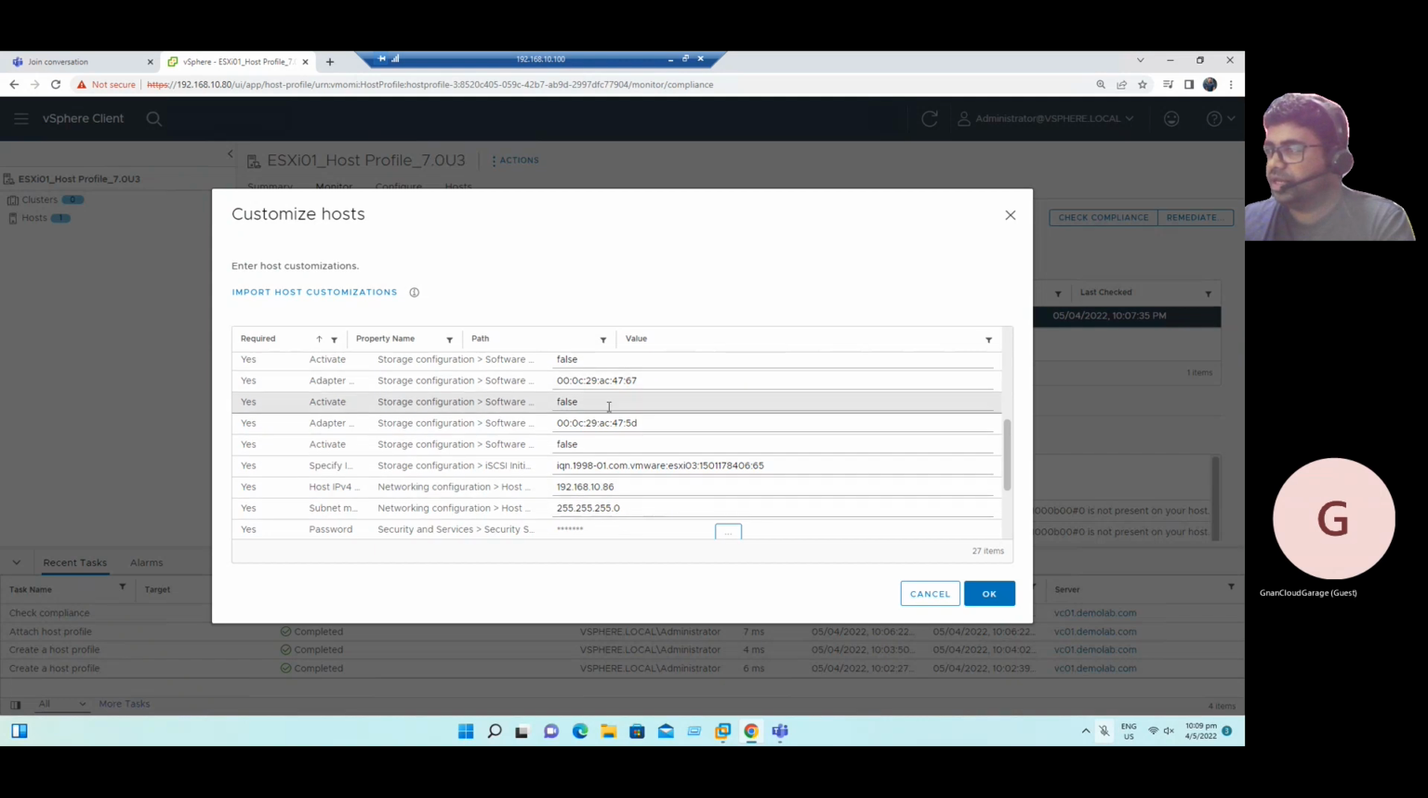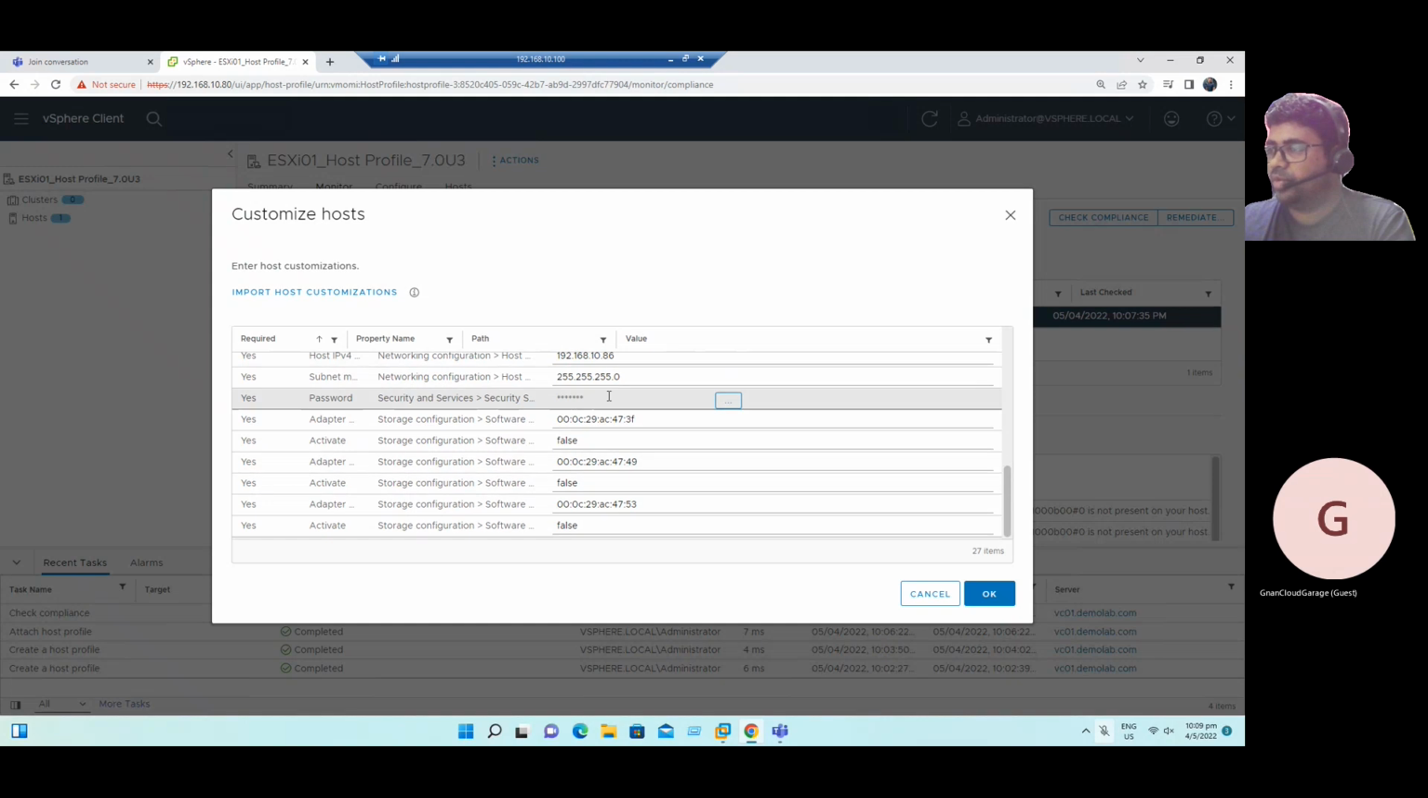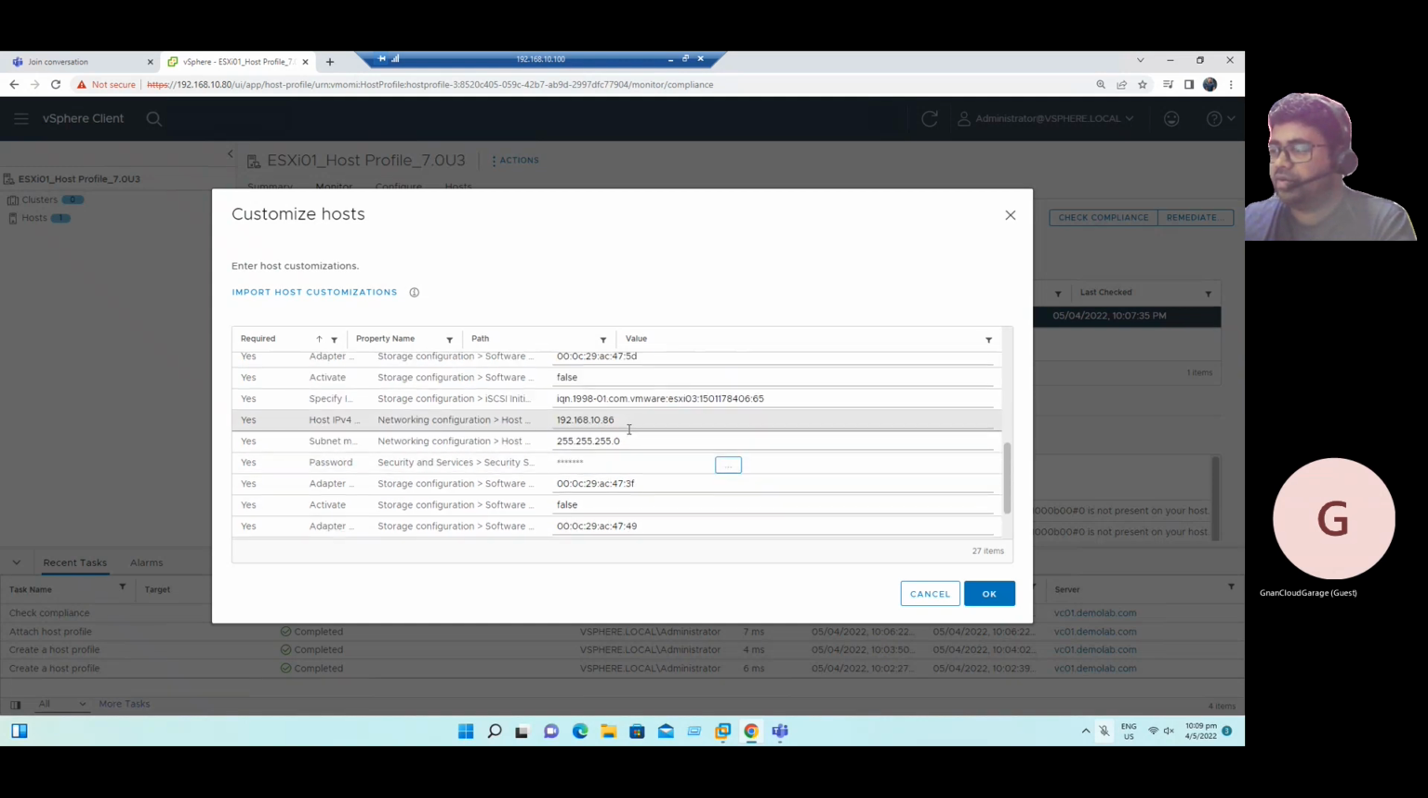When we look at ESX1, the configuration is already correct. It's already configured with proper IP settings. Once we have reviewed, if any changes are still required at our configuration level, you can modify the IP settings. If all the IP settings are correct, just click on OK. So this is editing the host customization. Now when you click on OK,